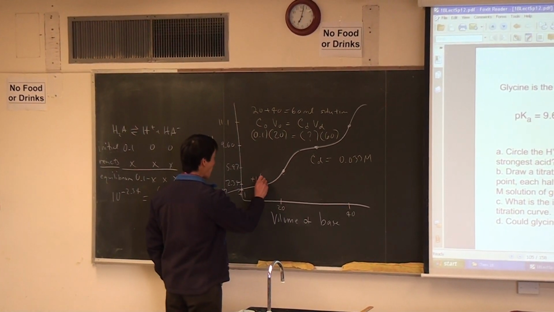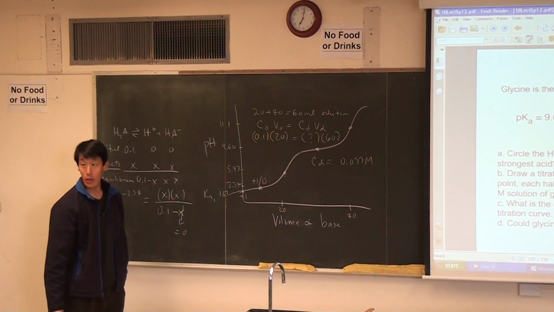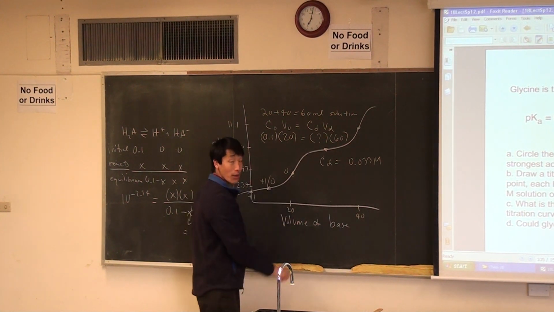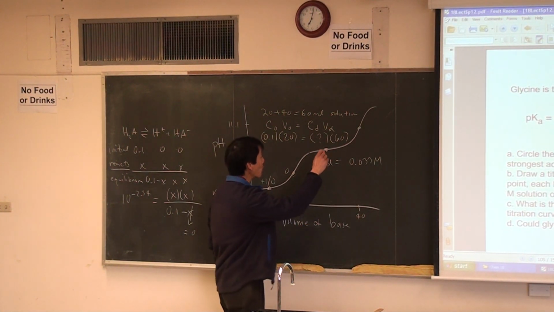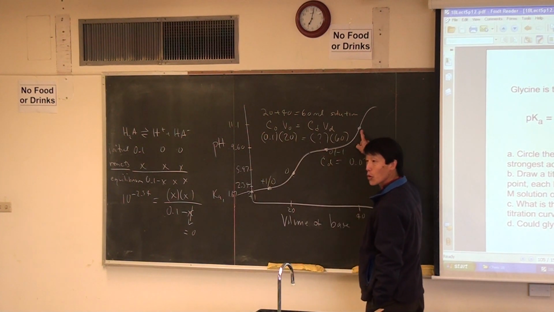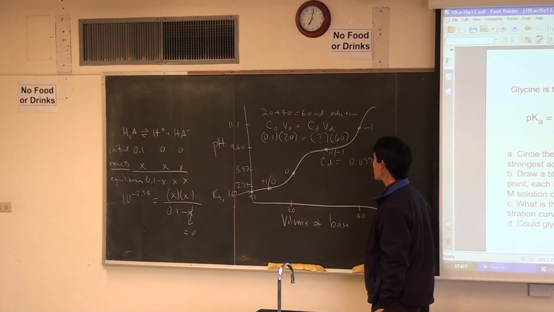Yeah, +1 and 0. So at this point here, it should be 0. And then here it's going to be 0 and -1. And finally, at the second endpoint, the charge is going to be -1. So that means that the isoelectric point of glycine is